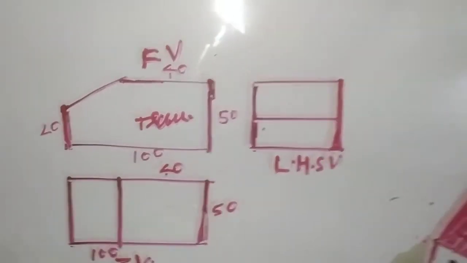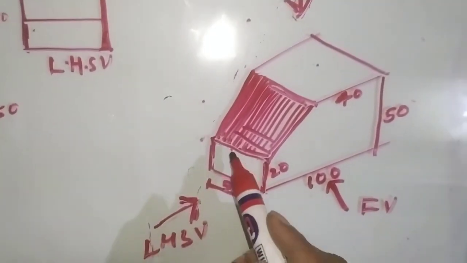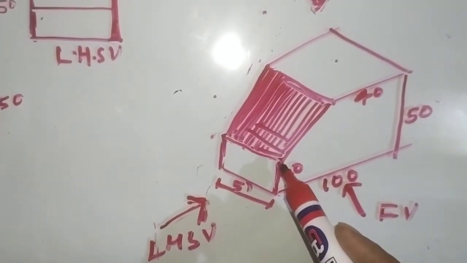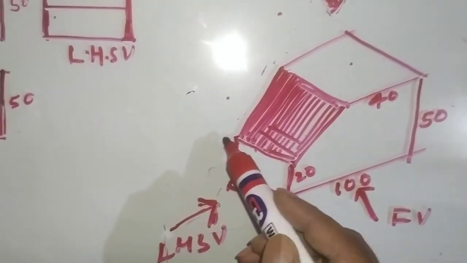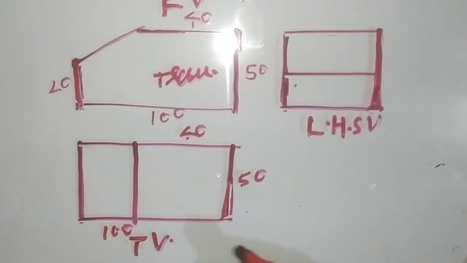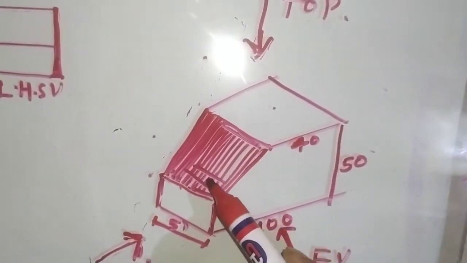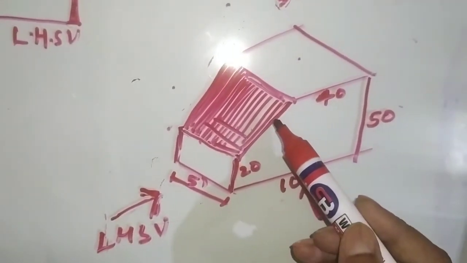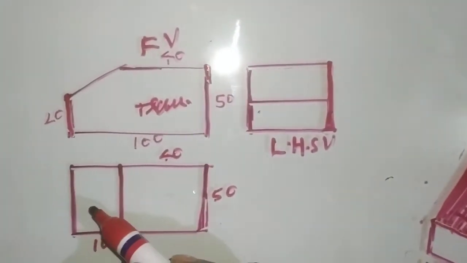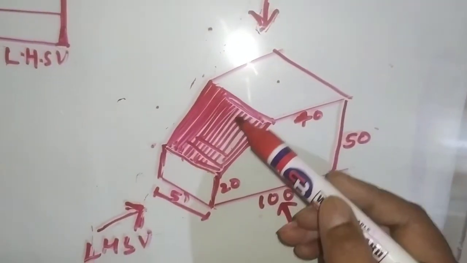But this line, because this line of this surface is parallel with respect to HP and perpendicular with respect to VP, this length is a true length. But this inclined length is not a true length, because the surface is inclined with respect to HP. So we do not observe the true length. So in order to obtain the true length, what do we have to create? We have to create another plane parallel to this surface.